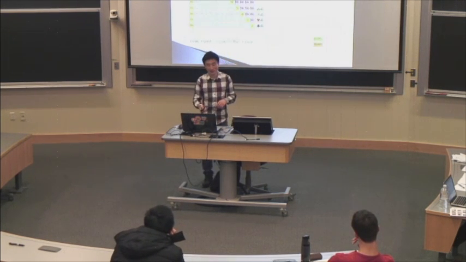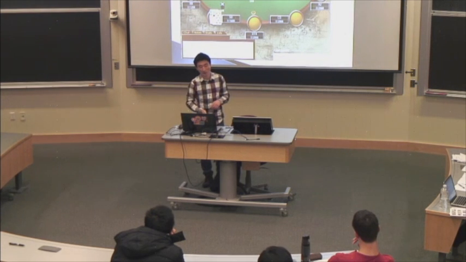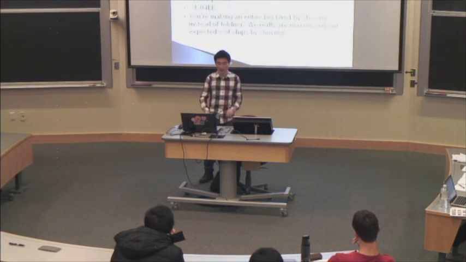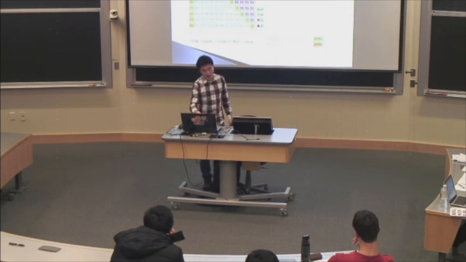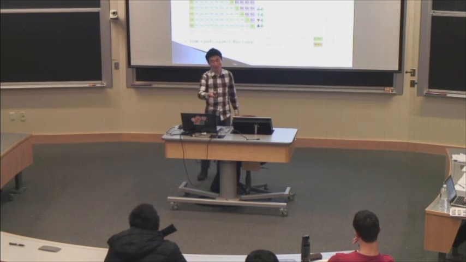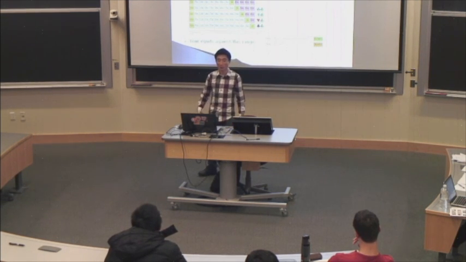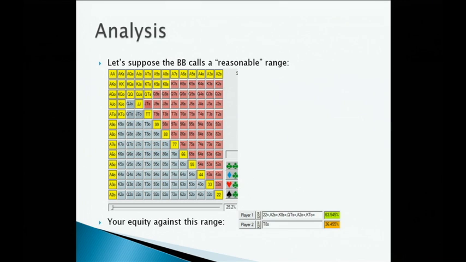Okay, so let's do the math. Let's now assume we have 10-8 offsuit. What is the equity of 10-8 offsuit against their 25% range? When we get called, we're not doing so well, because they're only calling 25% of hands, so their hand is going to be good when they call. We're only 36%.